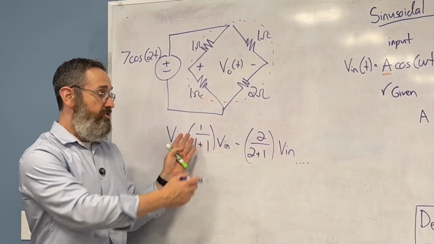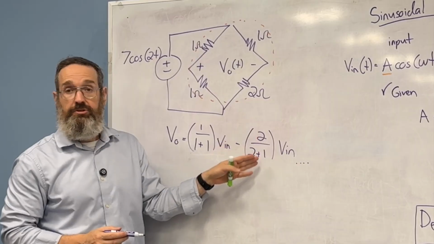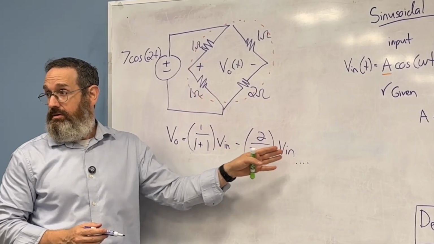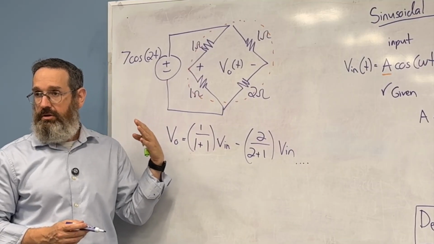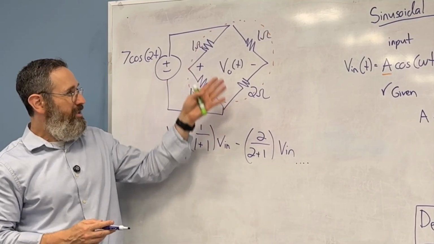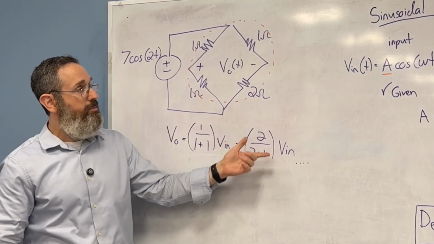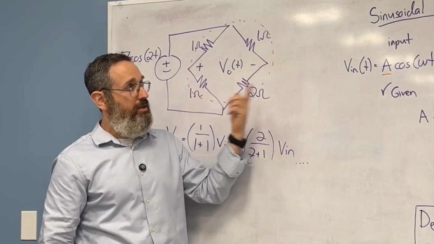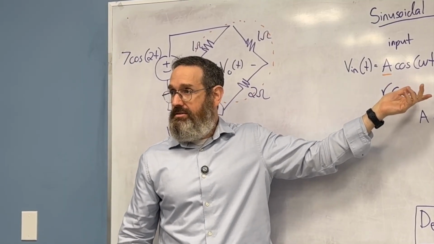There's some simplifications. This is 1, and you want to subtract 2/3, and so on. But you're going to get an answer if you follow it through. I don't care about the answer in this case. What I care about is that you're starting to understand how to play the game of sinusoidal steady state analysis,